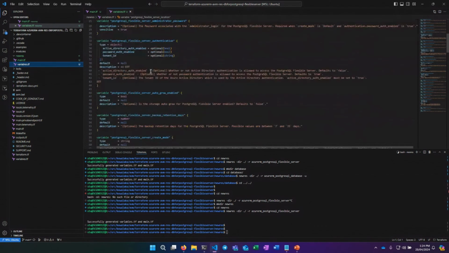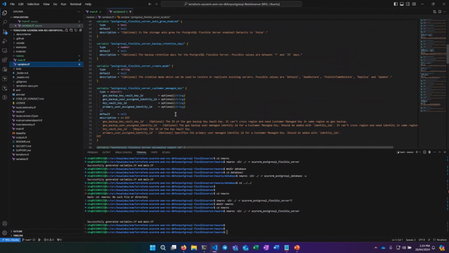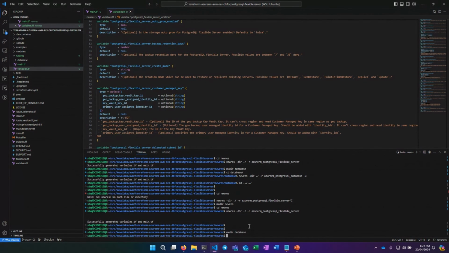Looking at the variables again, you see they've all got really well-defined types and good descriptions, automatically pulled. You can do this for any resource. You just need to look up the resource and punch it in, as you just saw me do, and you get something like this. And just before I finish, I'll illustrate that you can do something similar with a database, so this child resource.